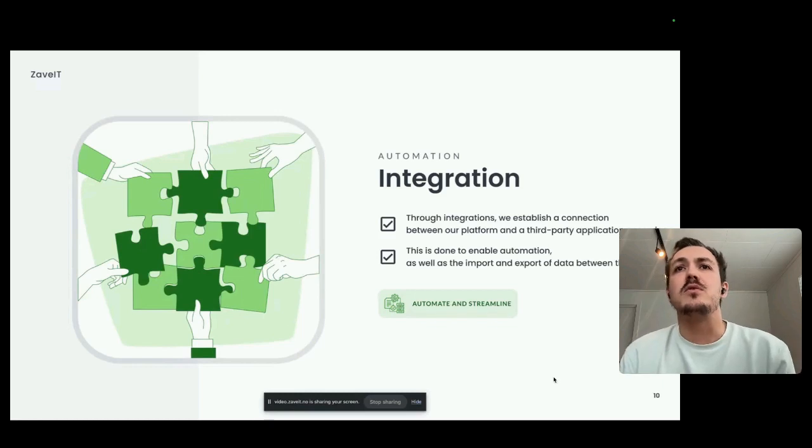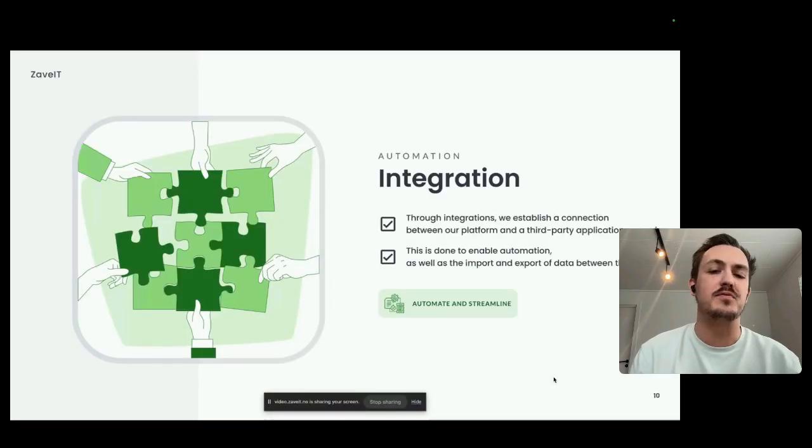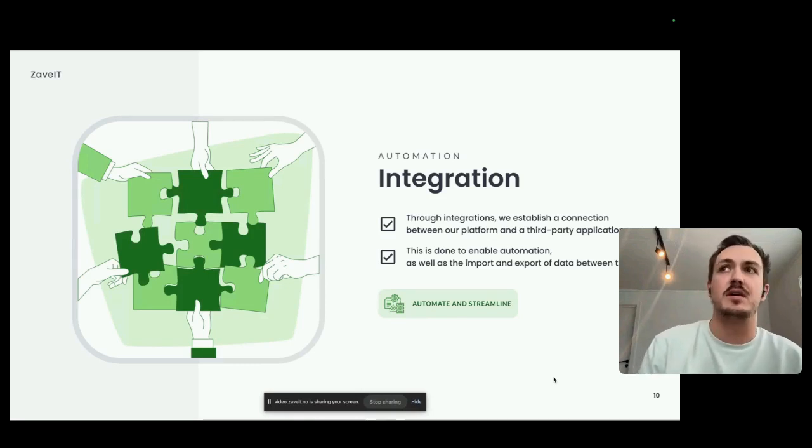And integrations is all about communicating between the platform and third-party applications or services out there. It enables the platform to communicate and import and export data between the platform and an application or service out there to be able to leverage that data, make decisions, and automate manual tasks that often you need a technician or a consultancy to do, for example, to deploy a new backup customer within your system.